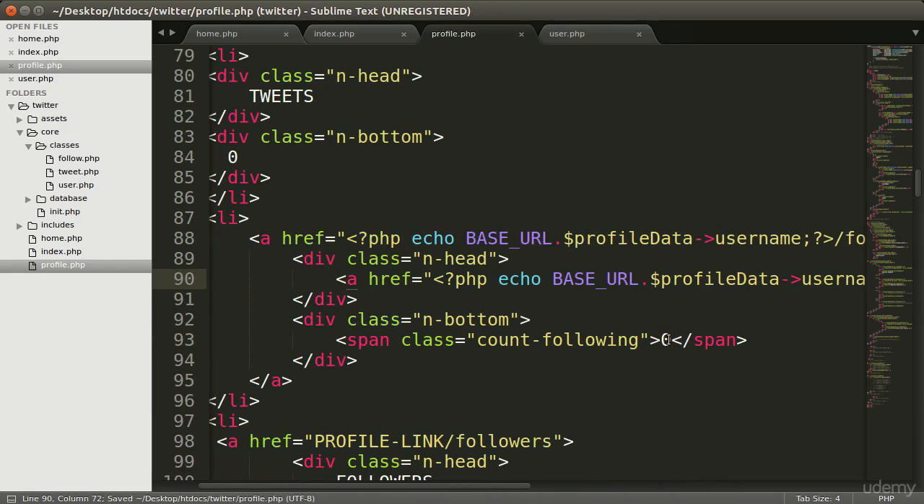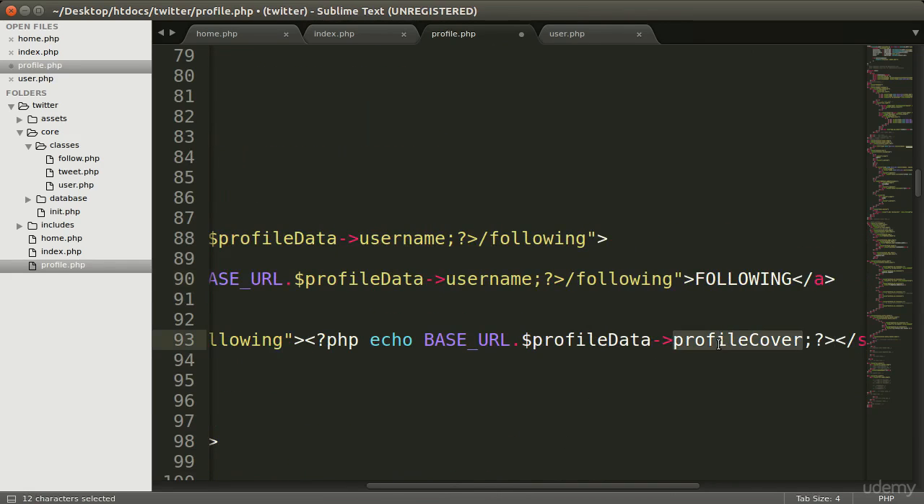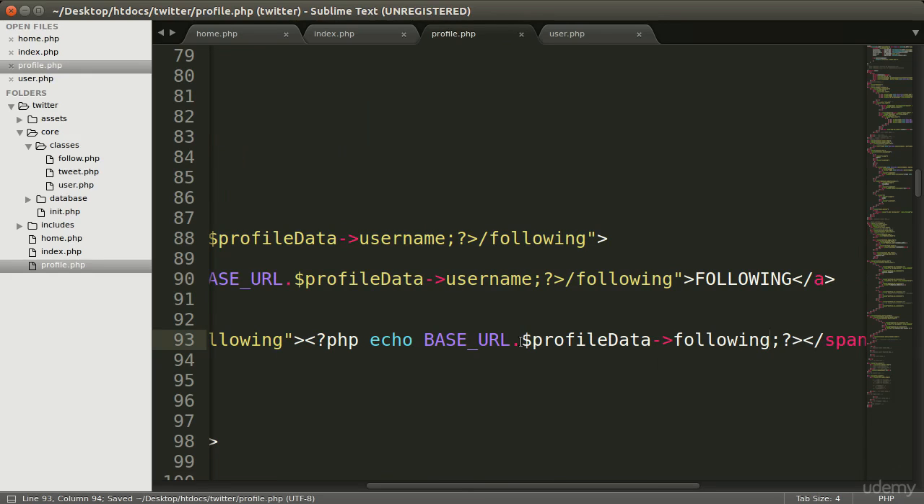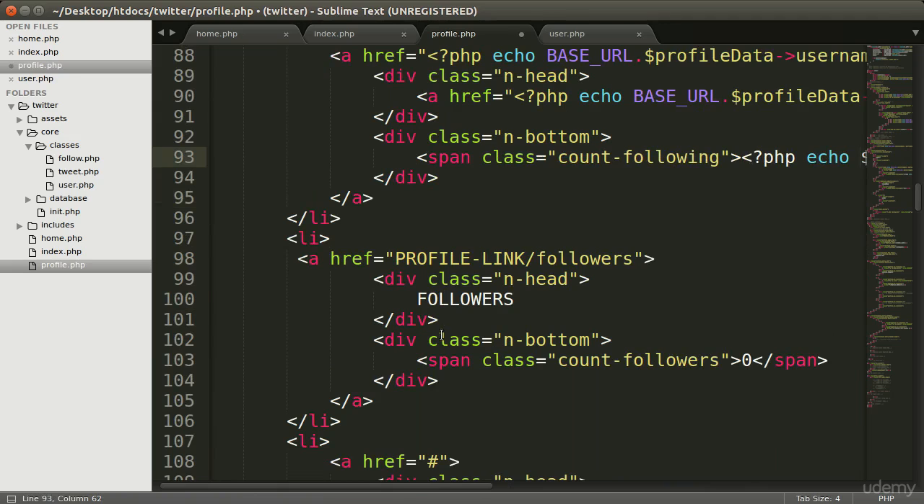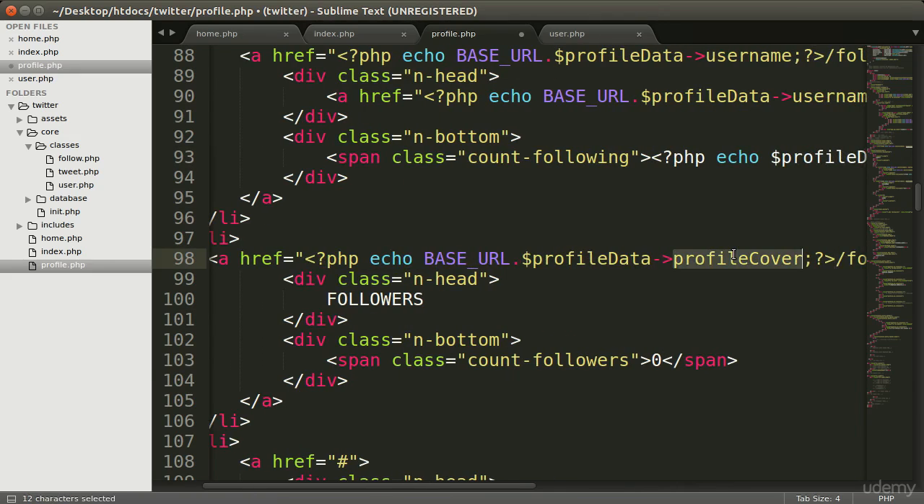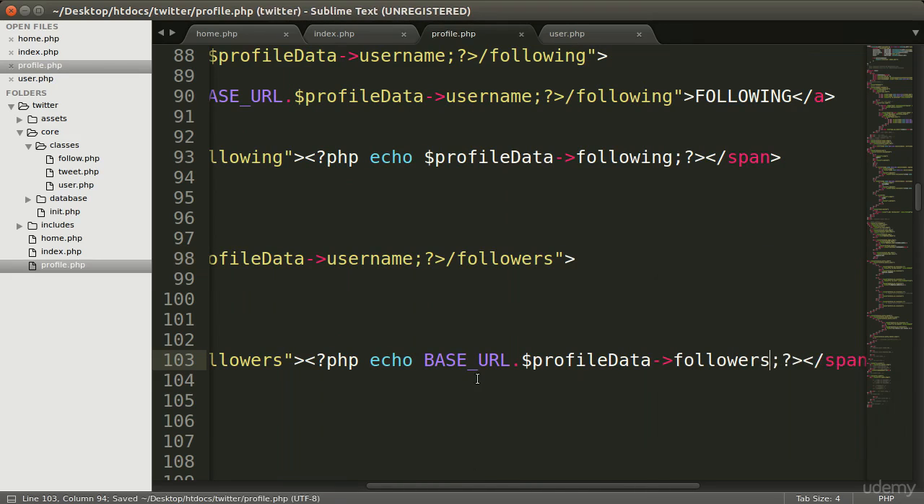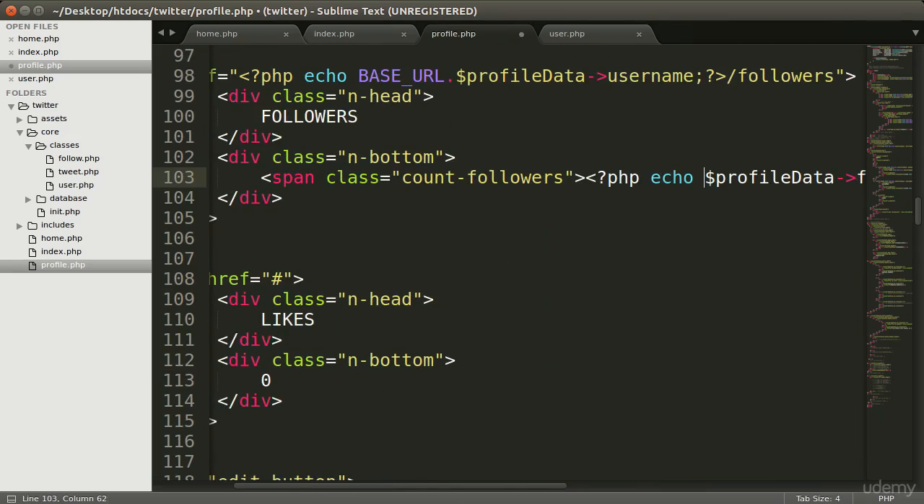Here will be the following count. So following. Remove the base URL. Scroll down and again here will be the profile link. Change this to username, and here will be the follower count, followers. Remove the base URL, scroll down,